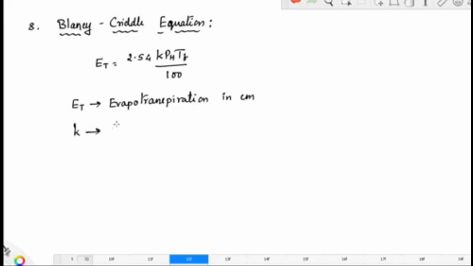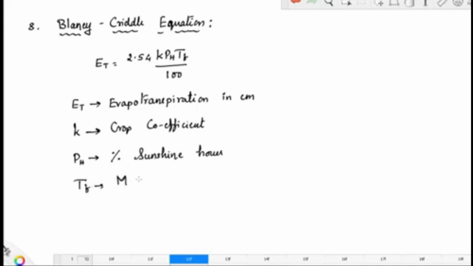K is crop coefficient, or you can say consumptive use coefficient. ph is the percentage of sunshine hours. Tf is the monthly mean temperature